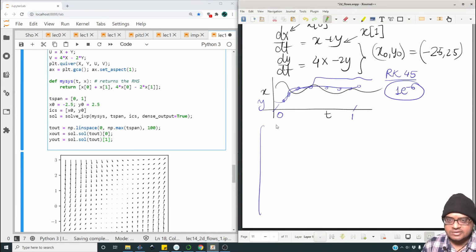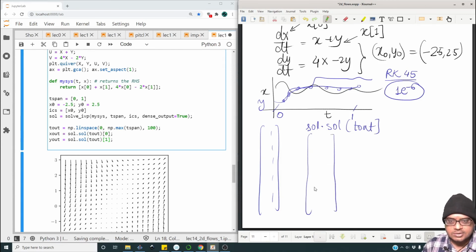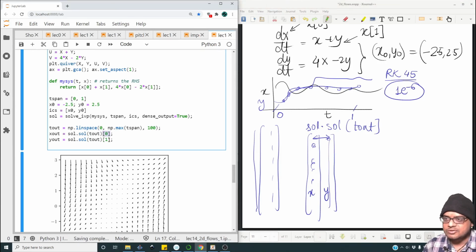T out is this array, and when you call sol.sol of T out, you get this same length but two columns. The first column, all the outputs are x values. Second column, all the outputs are y. So that is why I'm assigning all the zeros to x out and all the ones to y out. Okay,